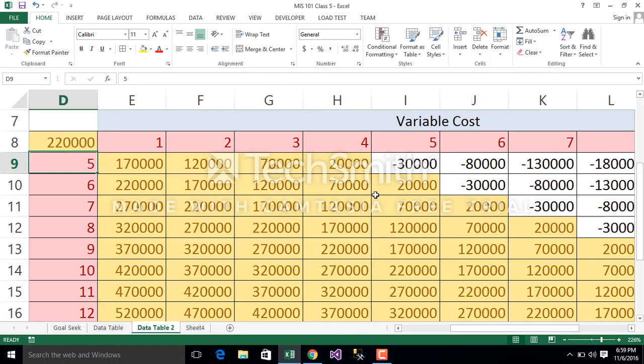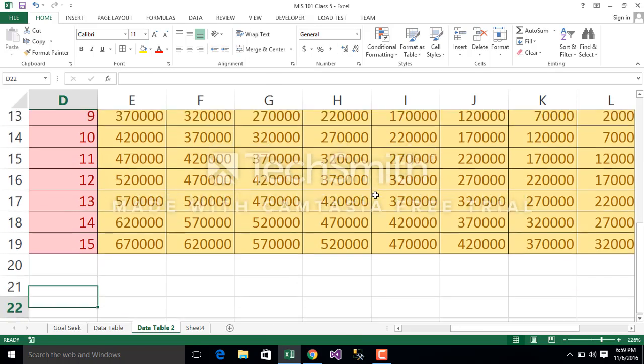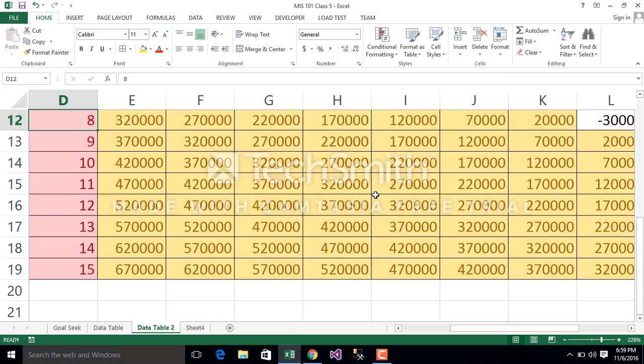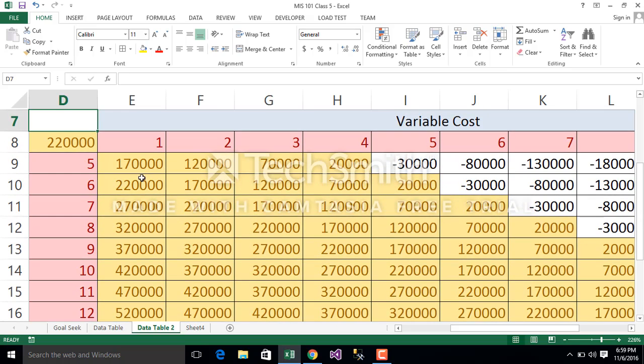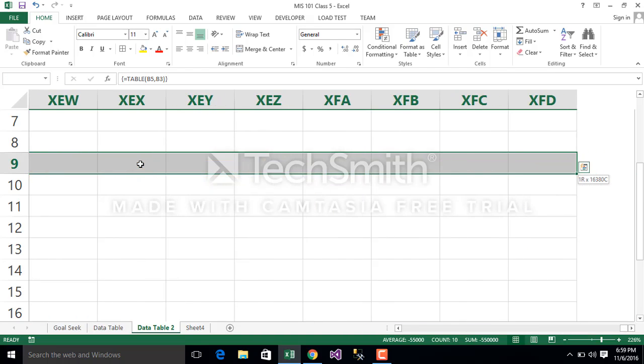So these are the cells, and here, or another thing you can do, select